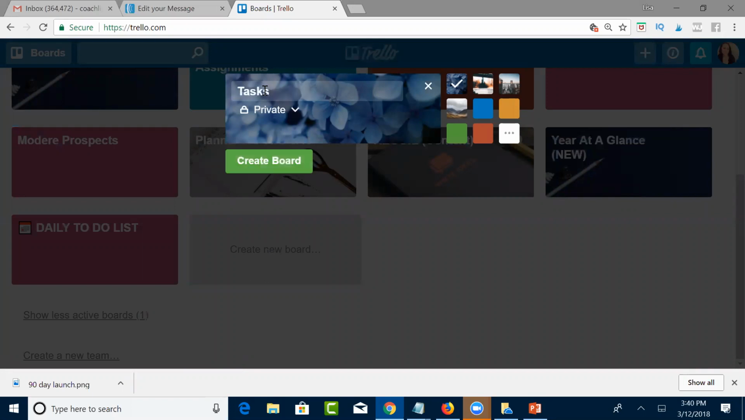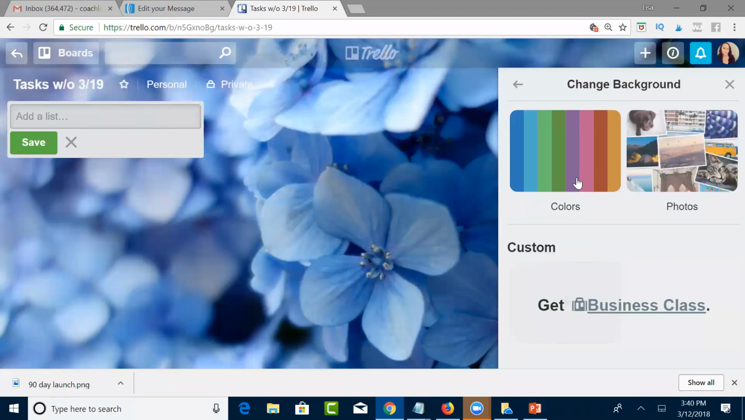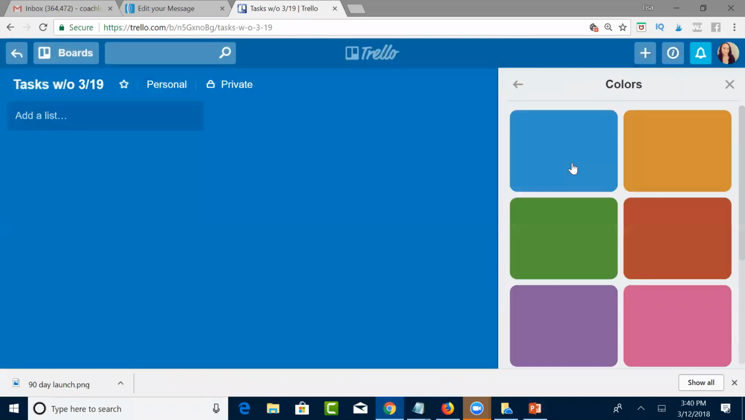tasks or things to do, week of, and let's just use next week. So next week starts on the 19th. So this is going to be the week of the 19th. Because remember, the goal here is to plan the week in advance. So we'll click Create the Board, and you can actually change the background to a solid color, or you can